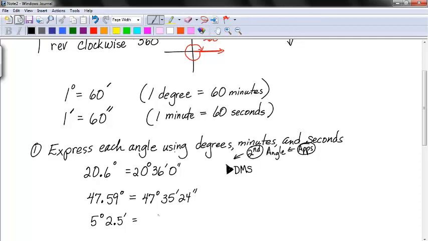0.5 minutes. What's 1 minute? How many seconds? 60. So 0.5? 30. Okay, so if we just did the 5.2 and go to second function angle, go to degrees, minutes, and seconds. Okay, we have 5 degrees,